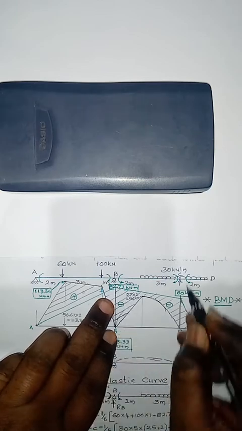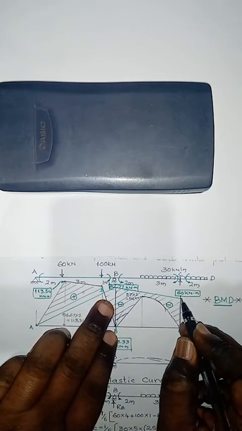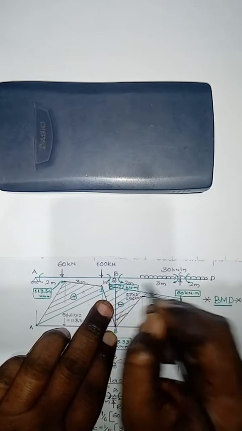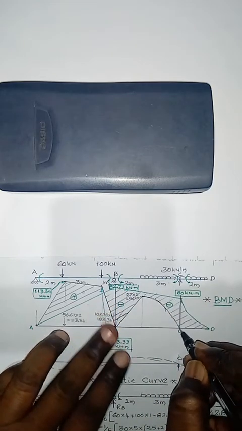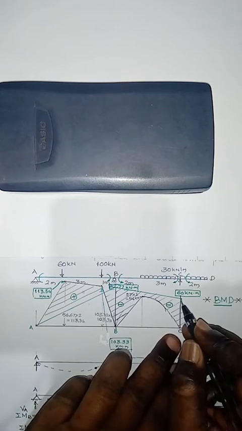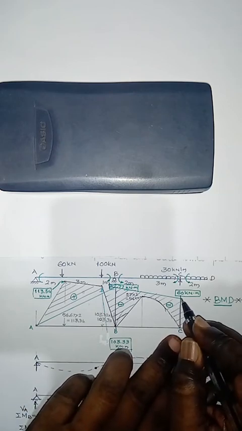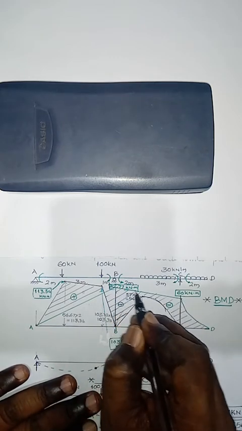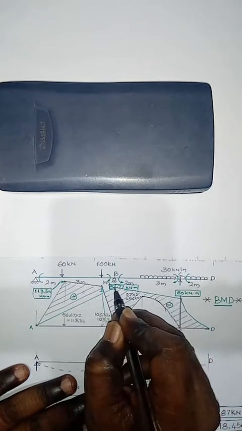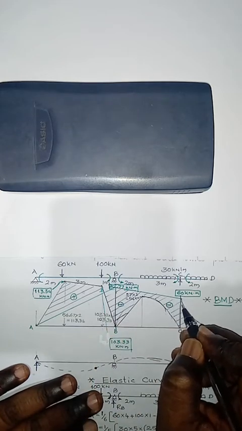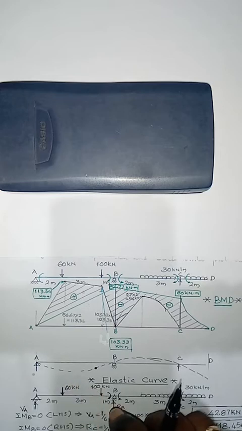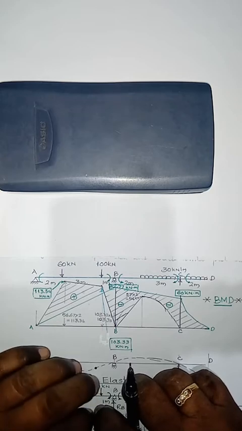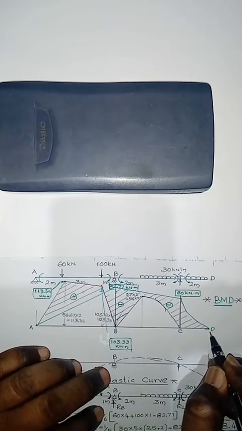Then at C, this one is 60, which is clockwise, but by observing this and this, both are hogging moments. We can represent a hogging moment above the reference line. Draw the ordinate of 60 kilonewton meter above the reference line, and then join these two points, 82.77 to 60. This variation is also a straight line. Now the span moments, that is, the simply supported span bending moments. Here the bending moment is 0.